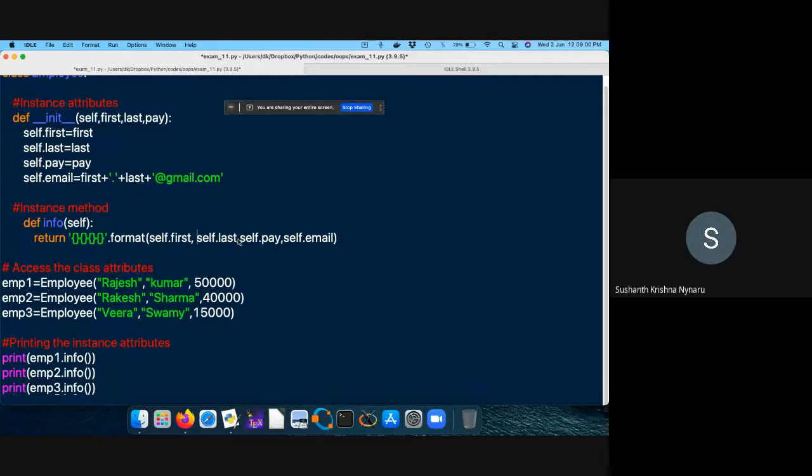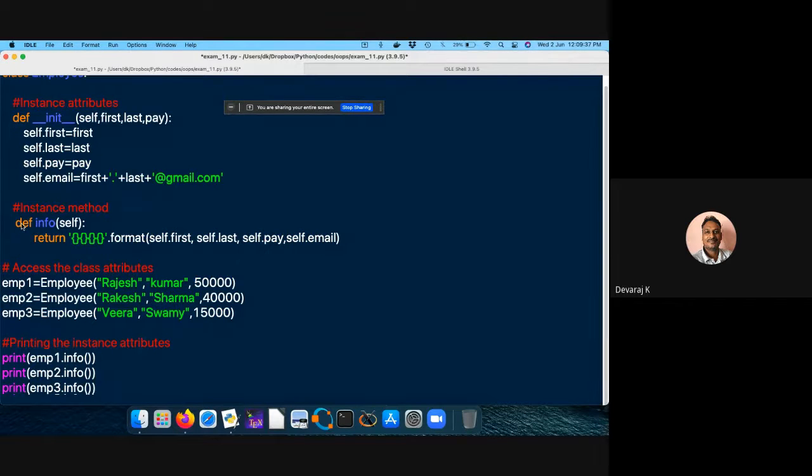So indentation, sir. Oh, indentation. Yes, yes. One more indentation. def info and def init are not on the same line, sir. No, it should be on the next line. See, where automatically indentation will happen. Yes, sir, but instance attribute and instance method, sir. Okay, one minute. Yeah, this one, the definition. No, this is on the same thing. Oh yeah, this one, this has to go.